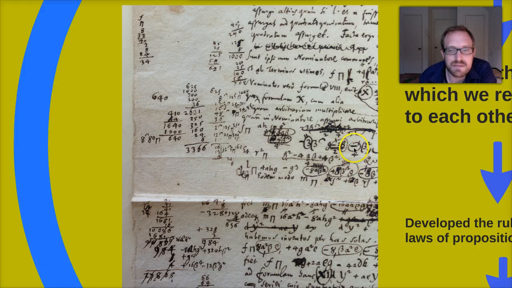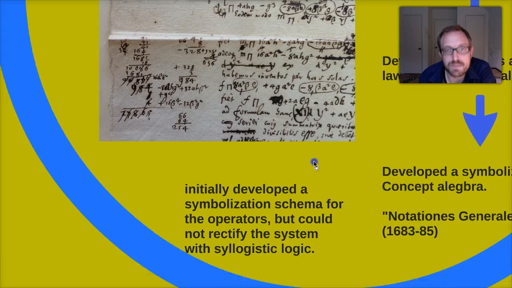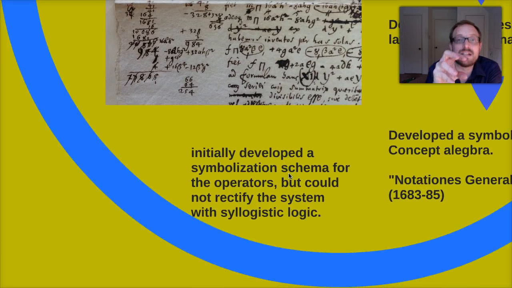Here he's trying to isolate the bivalent properties of things, and I believe this is a conjunctive operator, and it's sort of a mess here to read because it's just a picture. But he ultimately went on to develop the symbolization for conjunction, disjunction, the conditionals, negation, and so he actually developed this sort of full-fledged system, but it didn't work ultimately, and he became frustrated and then abandoned the project and never really finished it. But part of the reason was because he wasn't sure how he could ultimately account for the difference in quantifiers, right?